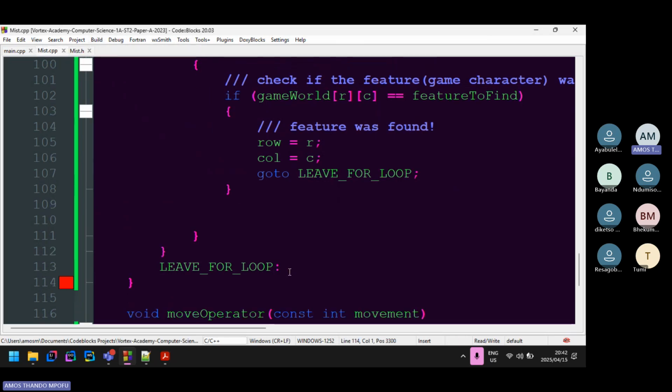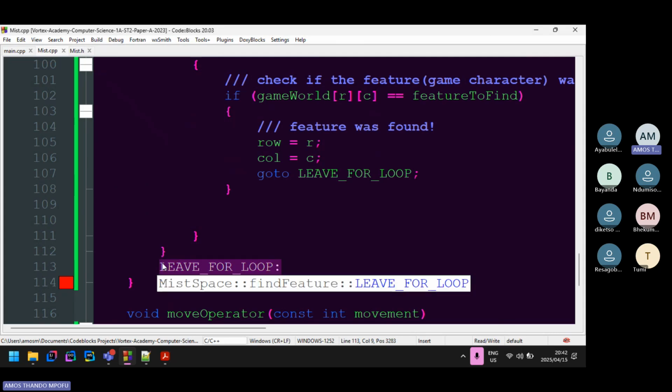Okay, it seems like it doesn't allow you to do that. So unfortunately, we can't. I was about to say, hey, this would have been convenient. You could just simply leave the function. But yeah,